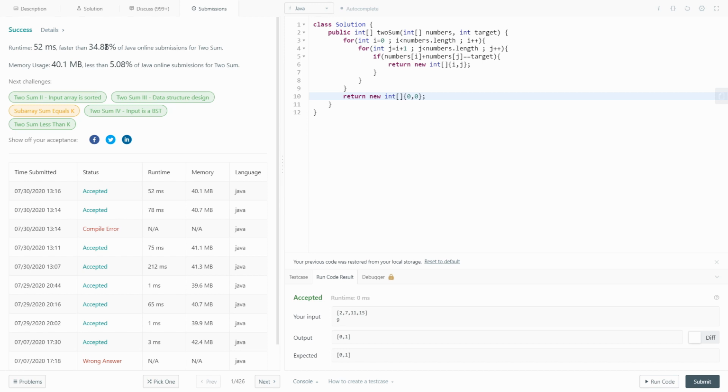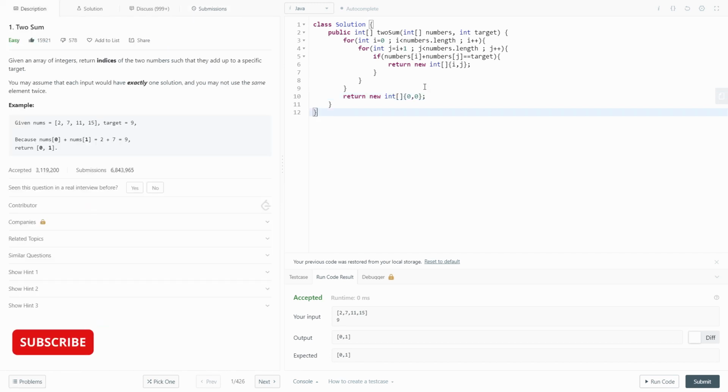Now we have a couple of for loops. Can we do something to reduce our complexity from O of n square to maybe O of n? Yes, we can. We can use a hash map. What's a hash map? A hash map just stores a key and value pair.